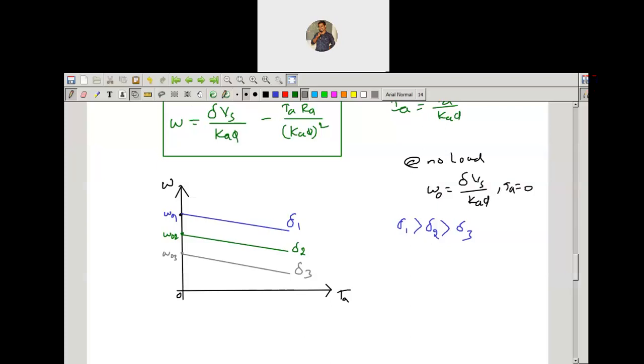So anybody, could you tell me that? So this characteristics is for separately excited DC motor or series DC motor? Anybody, could you answer me? So which is showing on the screen is for the separately excited DC motor or series motor?